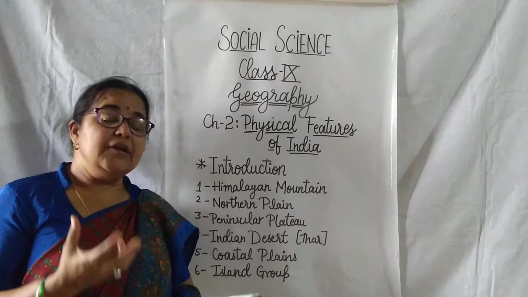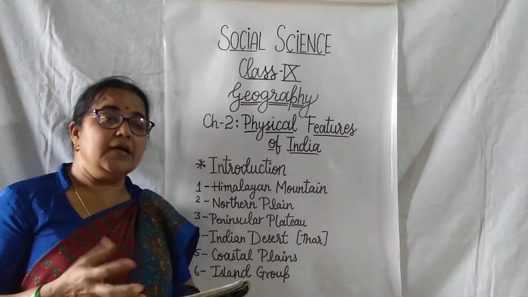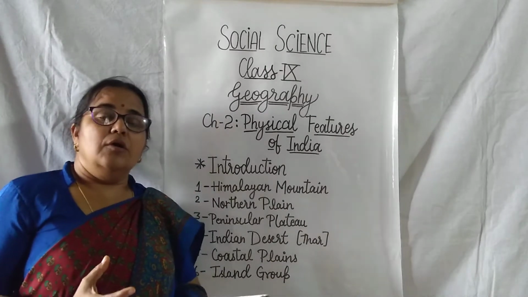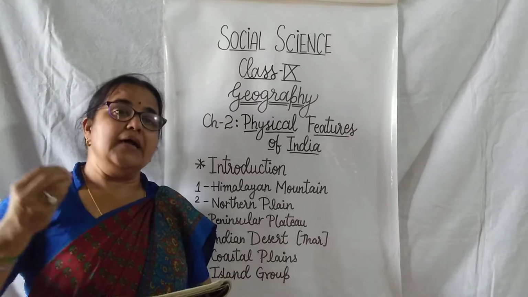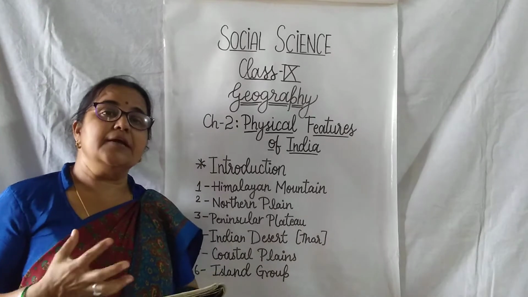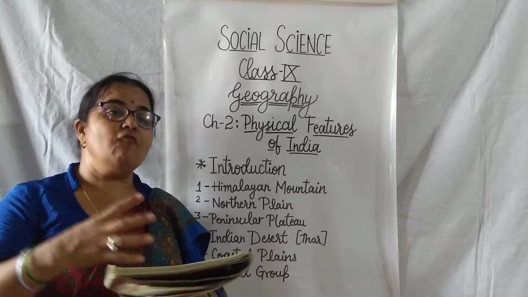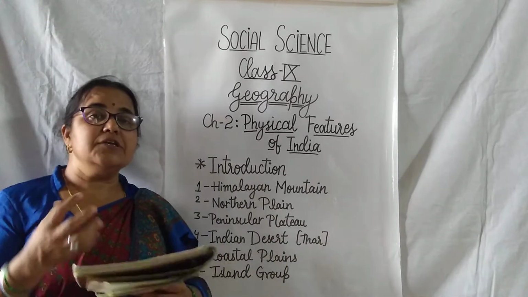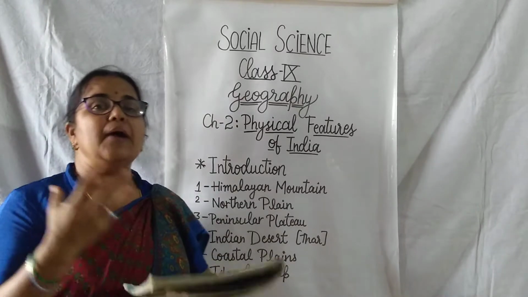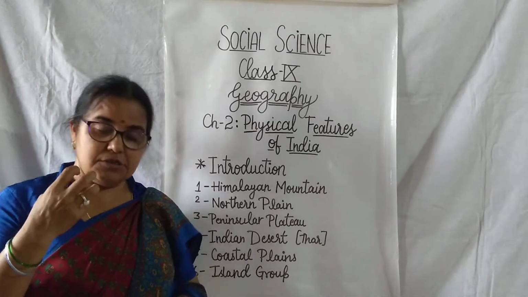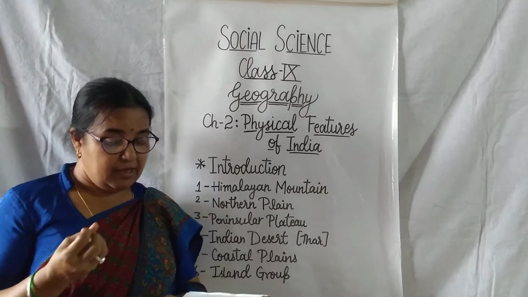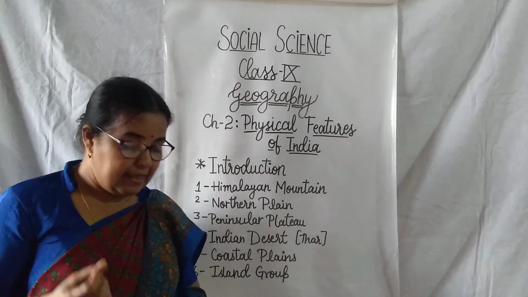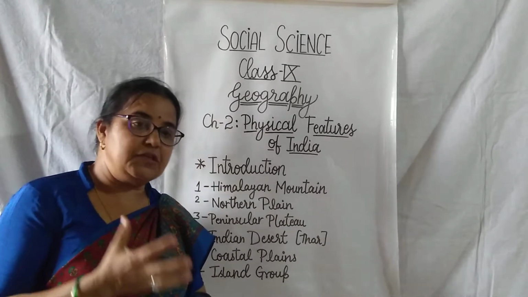In weathering, what is involved? We can see air, water, climate, soil. These all come under weathering. Erosion: when something is eroded by the forces of wind, we can see that soil is eroded from one place and deposited in another place. That is erosion and deposition. These activities go hand in hand. And due to this weathering, erosion and deposition, different landforms are made, and they are responsible for the formation of these landforms.